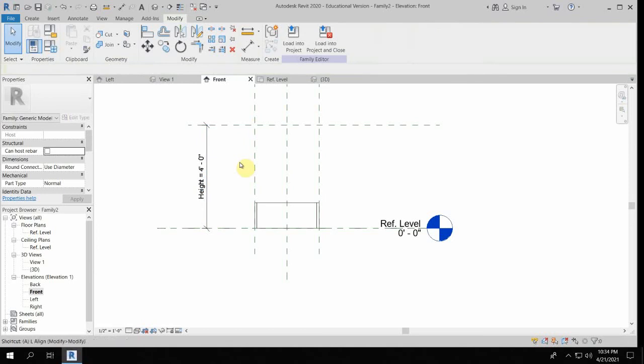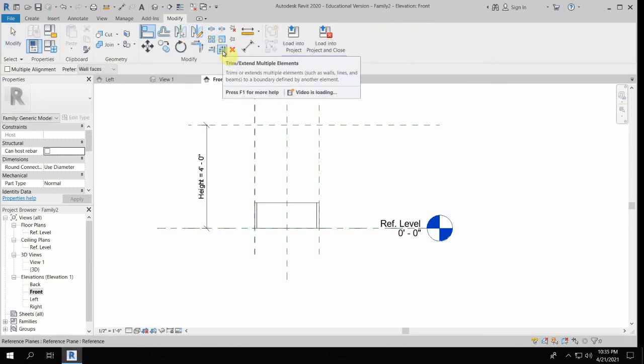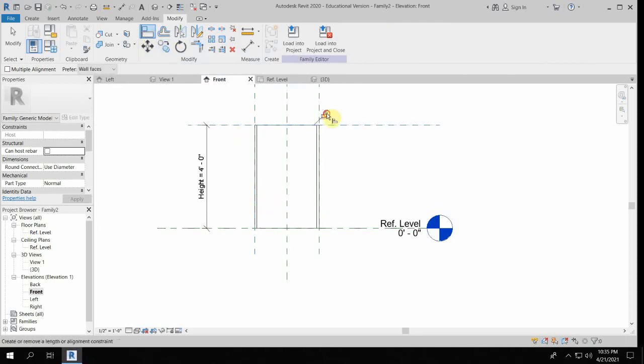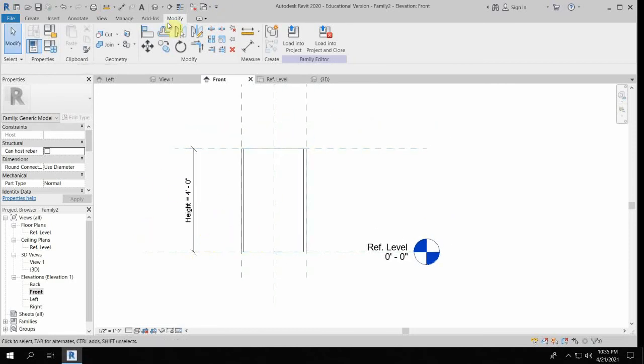And then I'm going to type in AL for align. You can also find that up here. Where's align up here? This one's align. So I can click this, click the top of that, and click the little lock button. So now I have this,